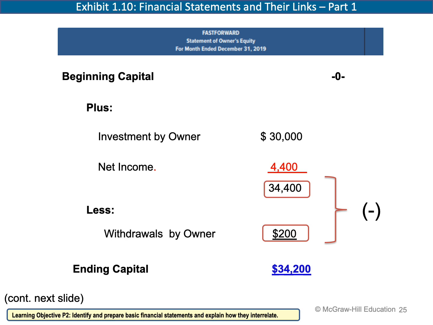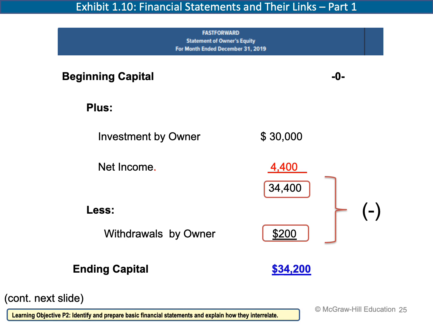To do so, we need to start with the beginning capital. Then we have plus and less. You have to remember, any investment will increase the equity. Any net income will increase the equity. Any withdrawal will decrease the equity. And if there are any net losses, then also it will decrease the equity. Then the total of the plus side minus the less side will give me the ending capital. So you have to remember that the capital